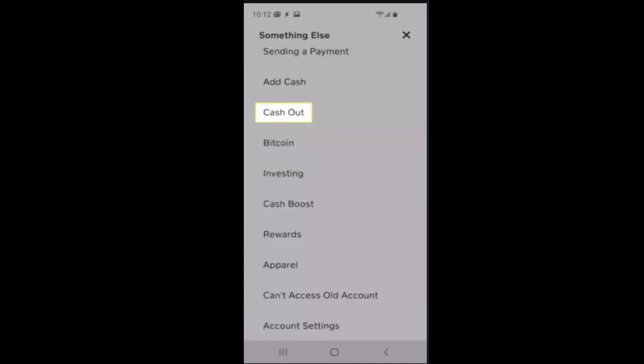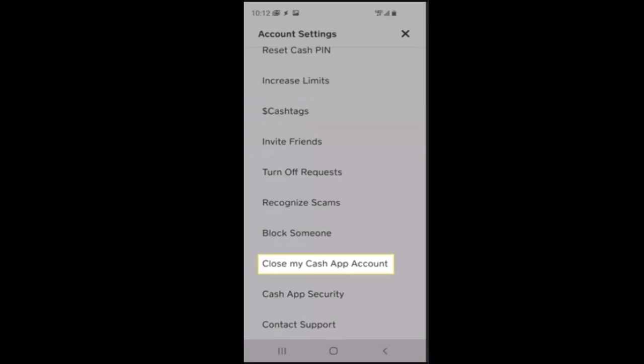Before you delete your account, make sure to withdraw all the money that is stored on your Cash App balance. After that, click on Cash Out and then withdraw it to your bank account or maybe to any other sort of platform. Once you've done that, scroll down a bit and then go to close my Cash